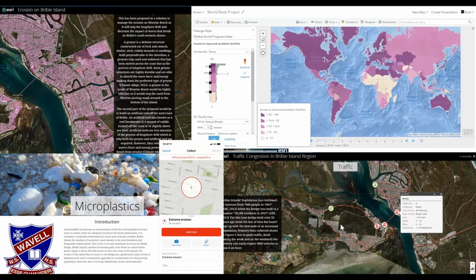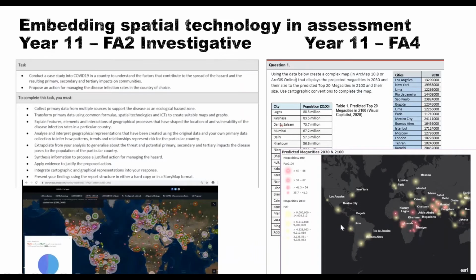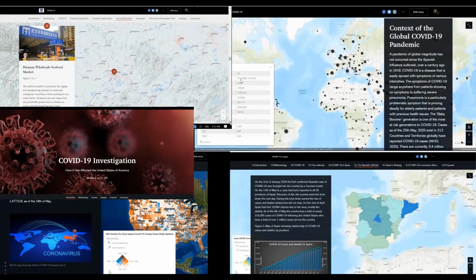So I start very seriously in Year 10, then into Year 11 in the investigative report, and the FA4, which is a formative assessment 4. This year we looked at COVID-19. Probably did that a little bit too early this year,